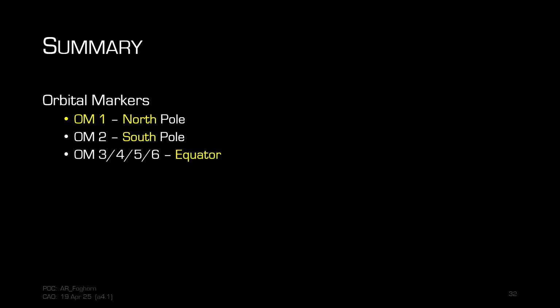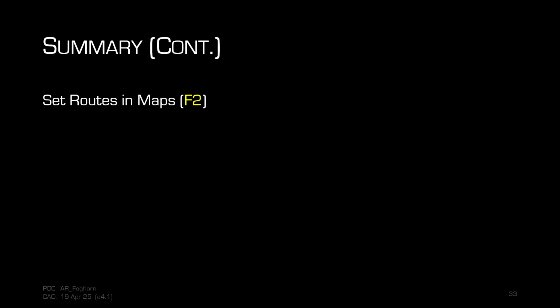All right, so wrap up. OM1's always north. OM2 is always south. 3, 4, 5, and 6 are over the equator. If a nav marker is red, it's blocked. Everything else means you should be able to get there. You set routes and maps in the new thing. Make sure you